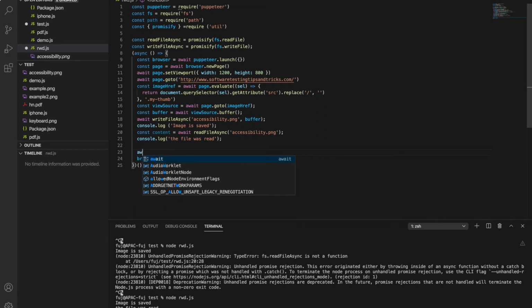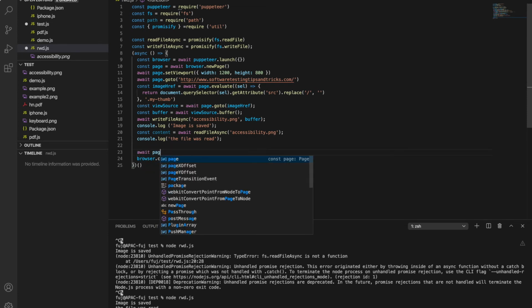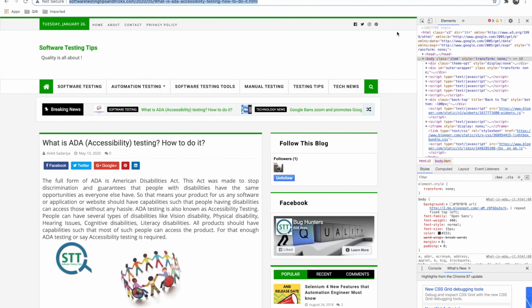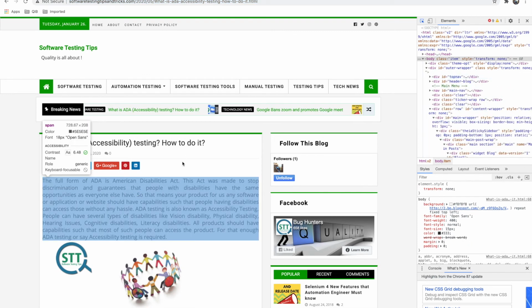First we need to go to that page. So I am going to that page first. I can go through clicking also, but I don't want to waste time on that. Let's see what body we have.